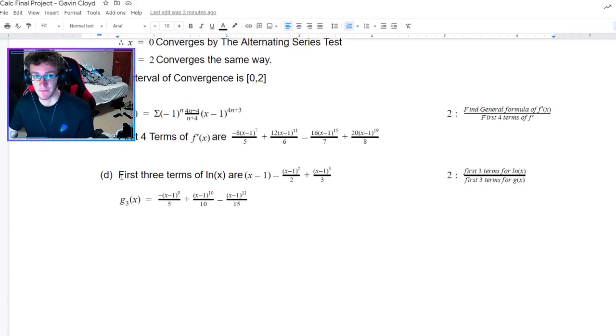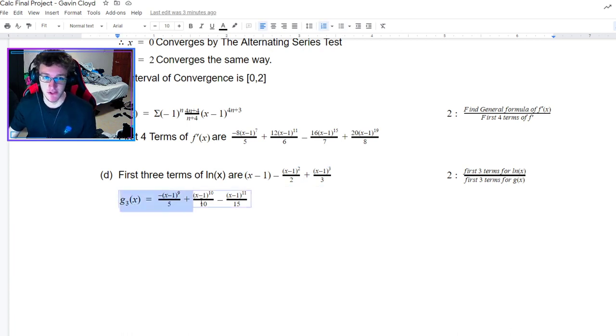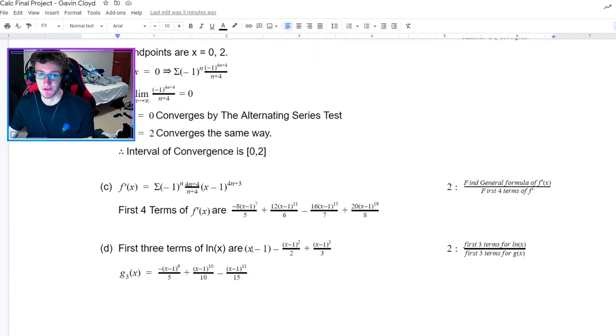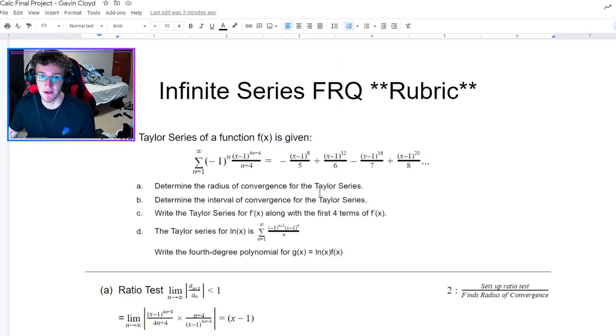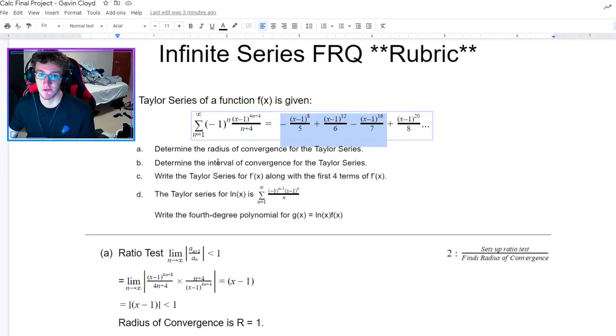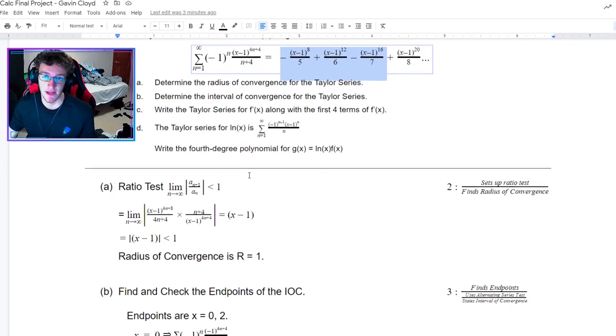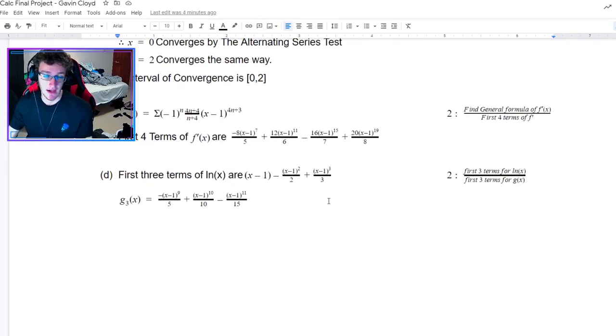And so first you need to find the first 3 terms of ln of x, which just n equals 1, n equals 2, n equals 3. Plug it in and you'll get these first 3 terms. And then how I found g of x is you need to take the first 3 terms of f of x and the first 3 terms of ln of x. And then there's a special rule. I don't know what that special rule is. So what I did was I just distributed them and used distributive property and ended up finding that the first 3 terms after distributing was